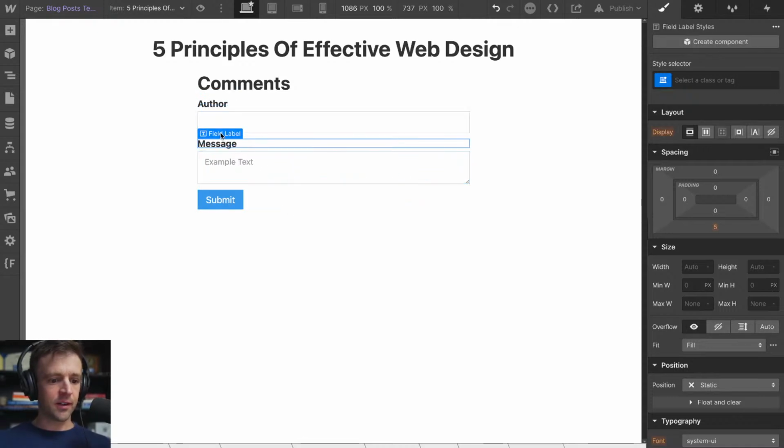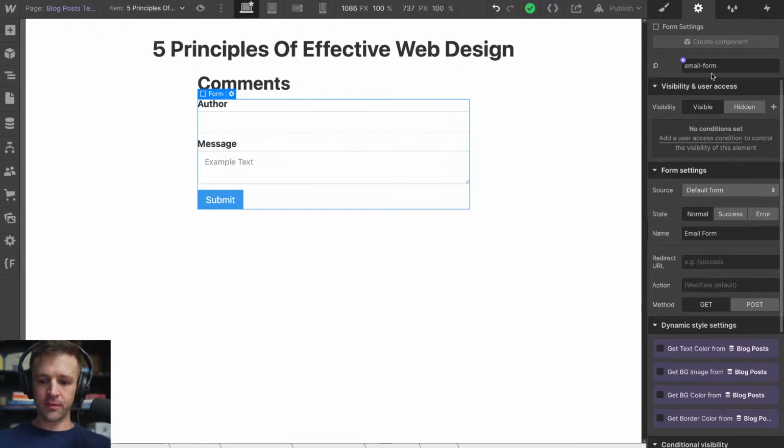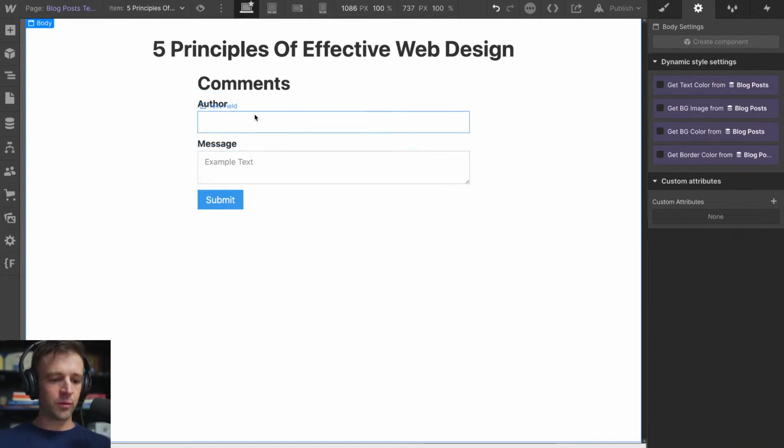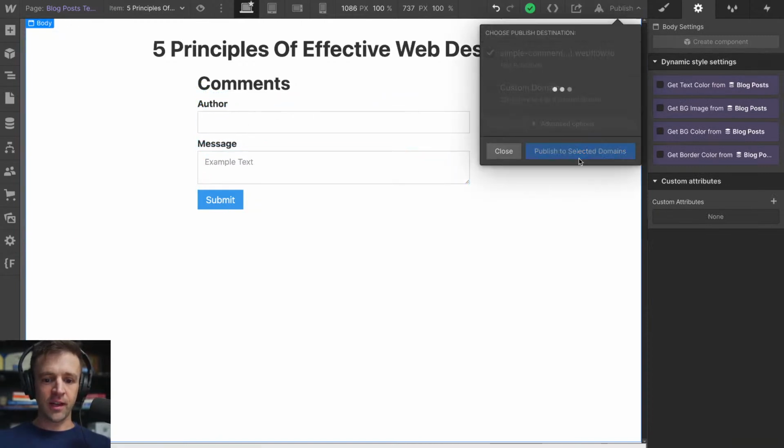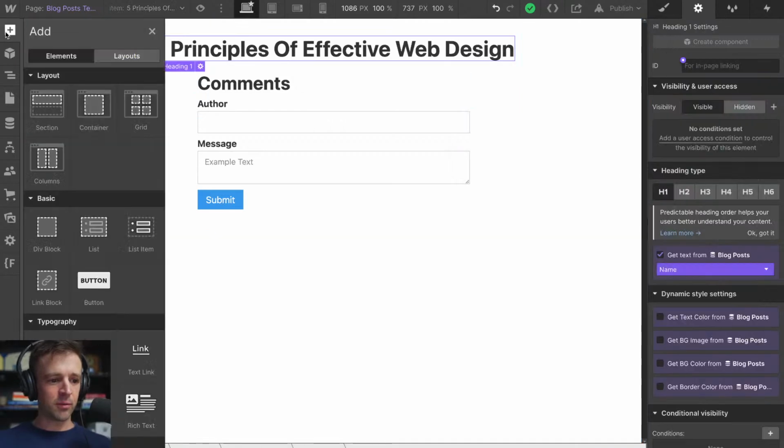Now, what else do we need? So this is our form, and let's name it. So this would be something like comment form. And we're going to need to get some code already because Webflow doesn't offer us a way to actually access the slug of the post. So I would love to be able to